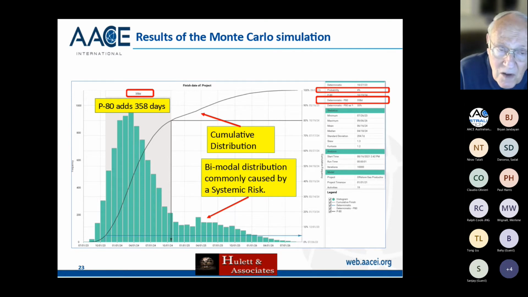There are two modes to this particular distribution. One is the one on the left that has most of the probability. The one on the right, at about April 1st, 2025, is from that systemic risk, a bimodal distribution. That's okay. I mean, there's nothing wrong with that. But this is an 80% company. They don't care about anything that is less than 20% likely to happen. So they don't really care about this because it's only 20% likely to happen. If it were 25 or 30%, they'd start caring a lot. But it's only 20% likely to happen, so it's right on the edge of their caring.